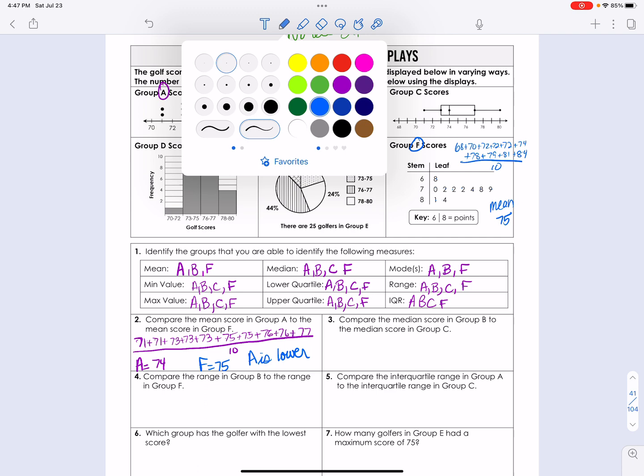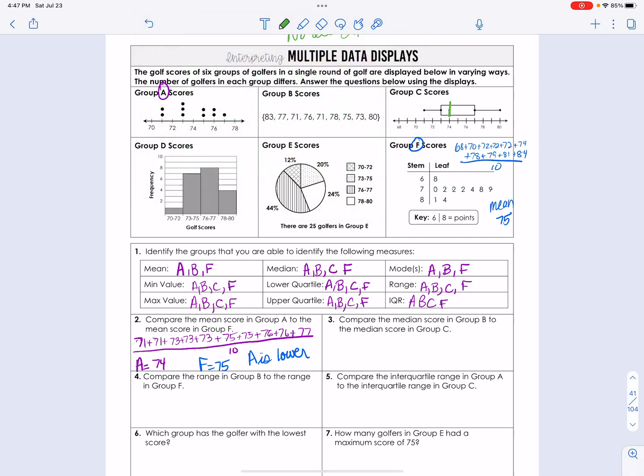Okay, well, I can do C easily. The median score in C is 74, okay? So now I got to put these things in order. So I've got 71, 71, okay, 73, 75, 76, 77,